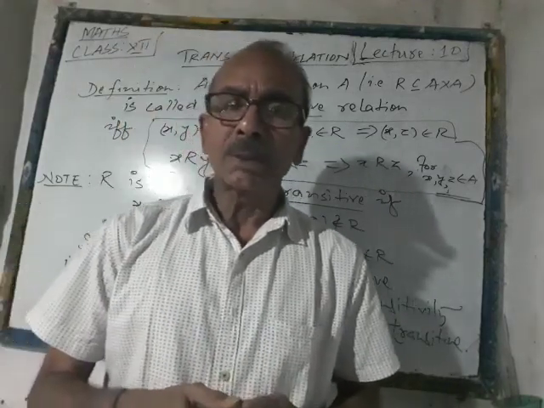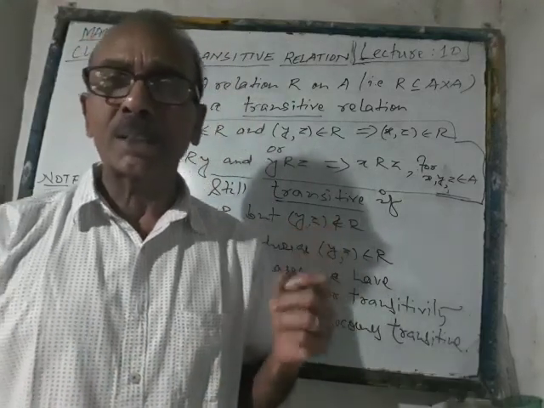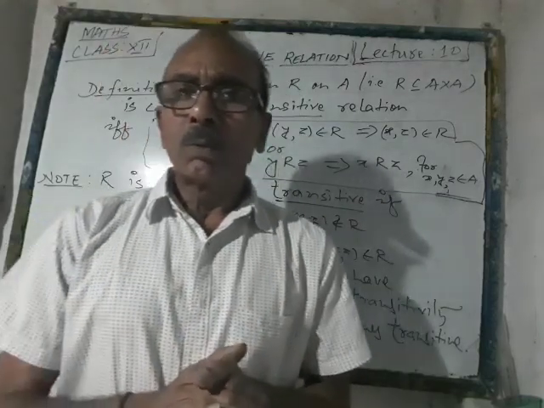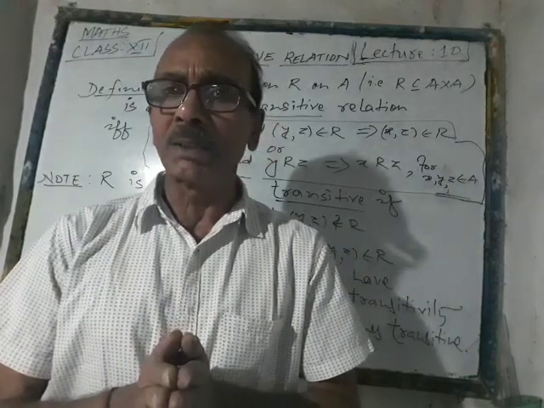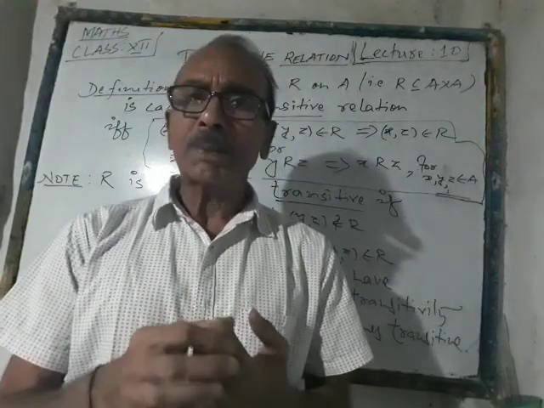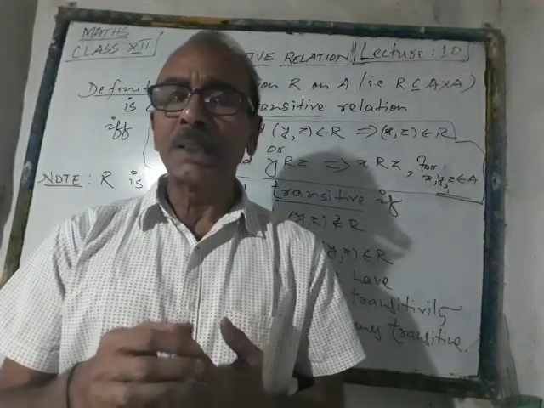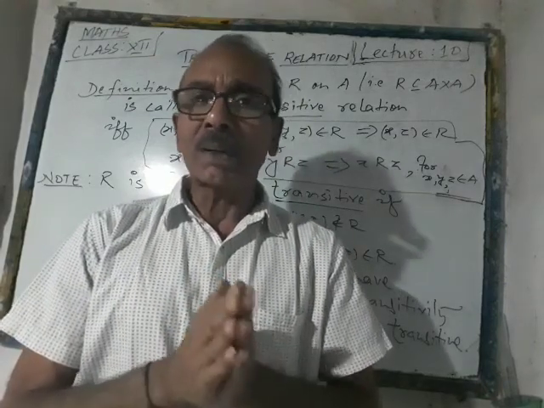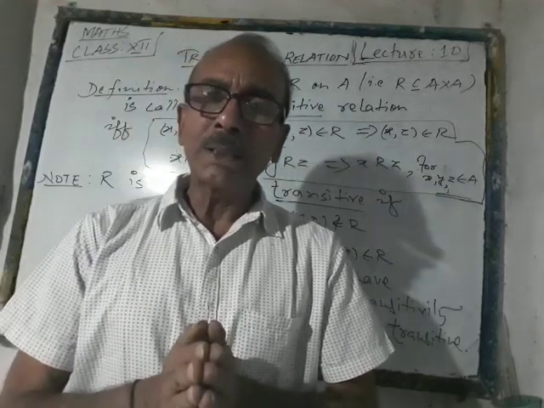So let us start with the transitive relation. Before going through the formal definition of transitive relation, let me say something about transitivity. Once you defined the reflexivity of the relation or symmetricity of the relation, what was there in your mind? When we talk about reflexivity, we just pick up any element from the given set and see whether that particular element is related to itself or not. That means if X is related to X, for every X lying in the given set, then that would be a reflexive relation.